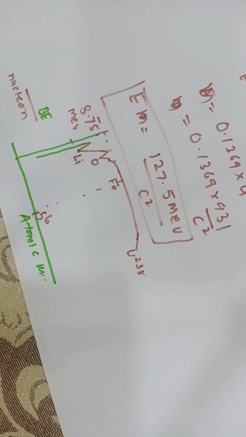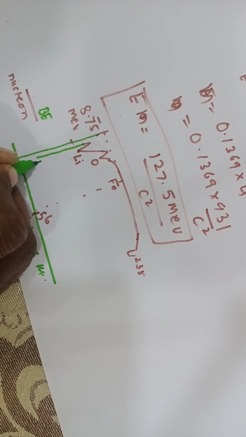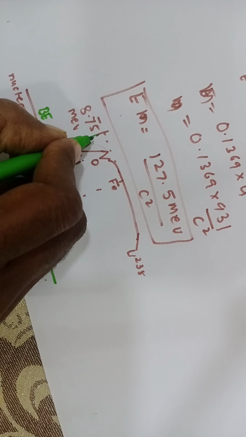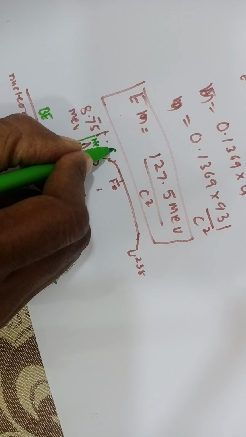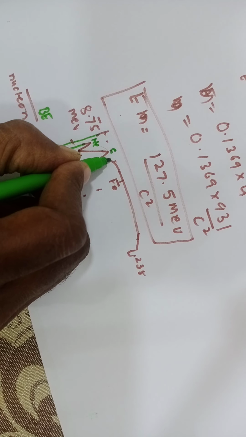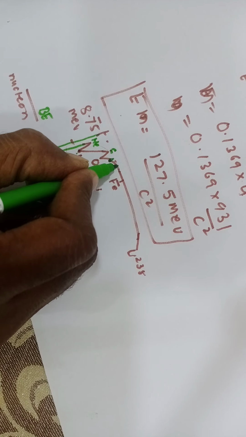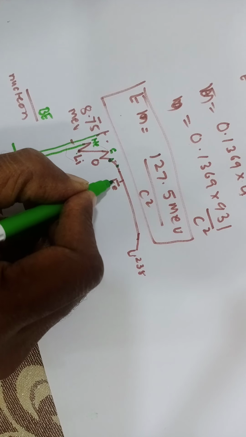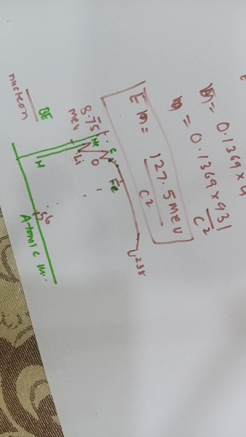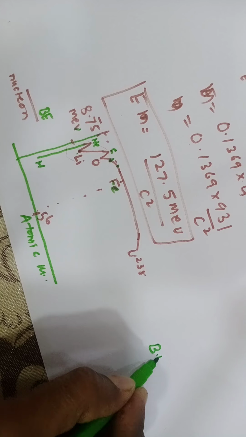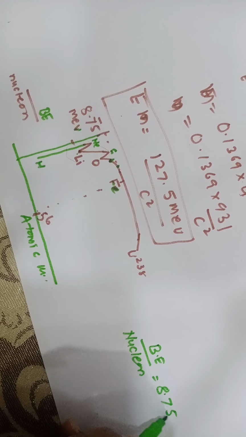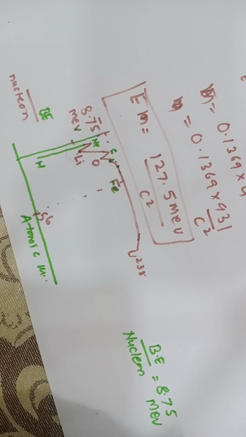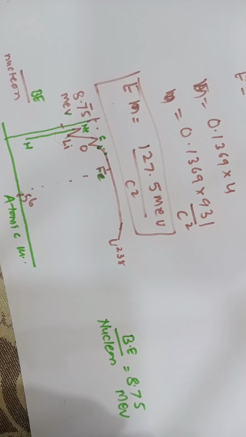In this curve, the lighter elements start from hydrogen, then helium, then lithium. After lithium we go to carbon, oxygen, then another isotope of oxygen, then sulfur and iron. Iron 56 is the most stable element because it has binding energy near about 8.75. So the binding energy per nucleon is maximum for iron, 8.75 million electron volt, and that is why iron is the most stable element in this curve.